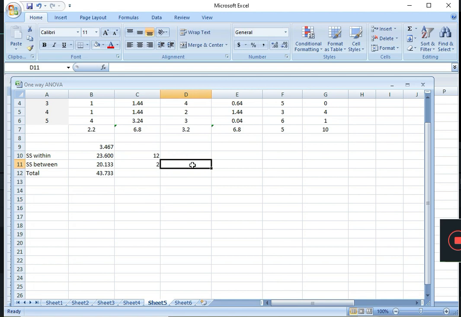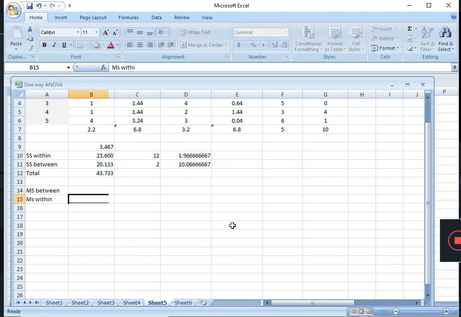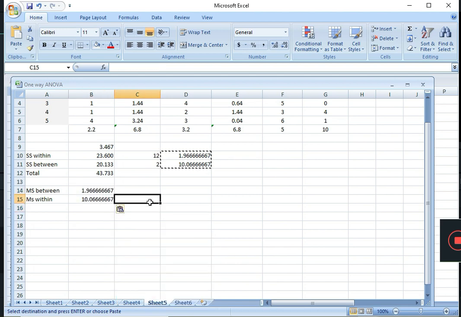So MS between is this divided by this, and MS within is this divided by this. And now we can write MS between, MS within, this simply paste, values only.